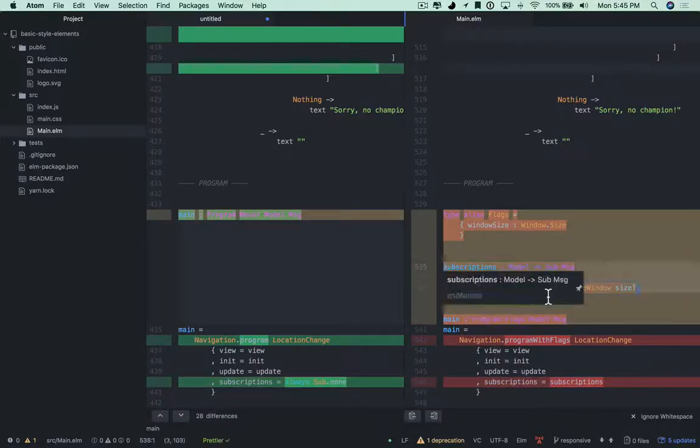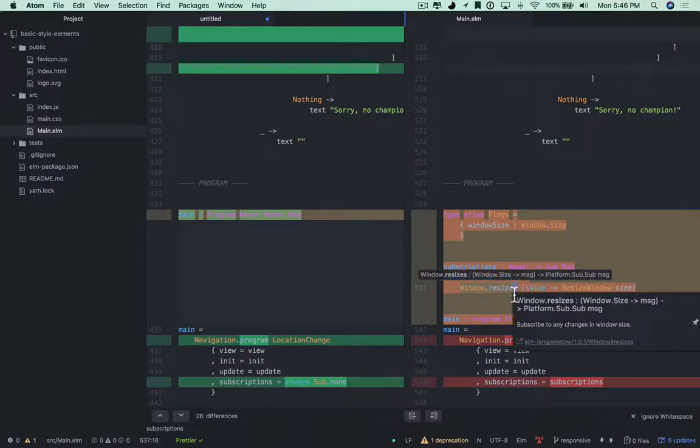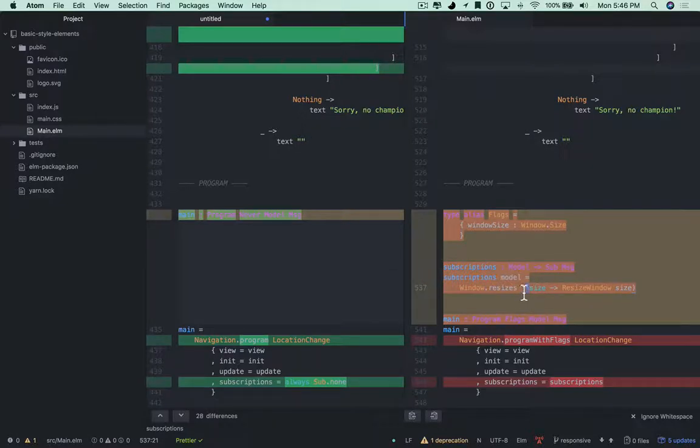And we're also adding the subscription. And that is just so that when you resize the window, it'll also update your view. So right here in the subscription, we pass in the model, and we're saying Window.resizes. So this is part of the window library from Elm. And we say resizes, and then right here is our anonymous function. So we have our size, and we pass in our size to this new message that we've created called